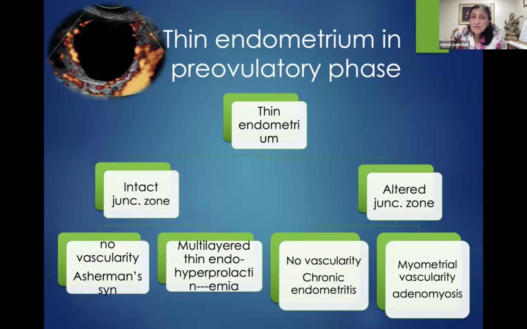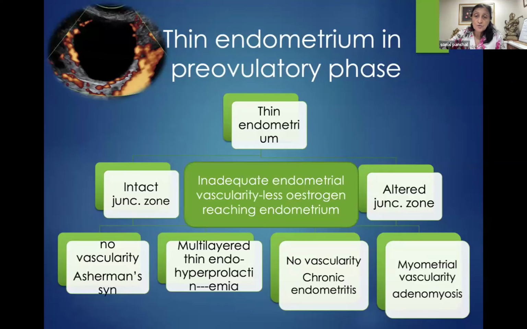Instead of that, if you have a thin endometrium in the pre-ovulatory phase, look at the junctional zone again. If it is intact, it means there's either a hyperprolactinemia or other endocrine factor affecting it, or there may be sometimes an Asherman syndrome. But if it's an altered junctional zone, you would have the two possibilities, probably adenomyosis or chronic endometritis. Remember that the thin endometrium is a diagnosis only in the presence of a normal follicle with a good